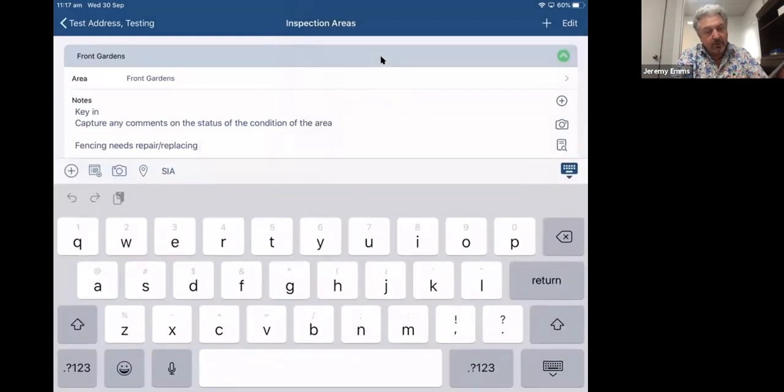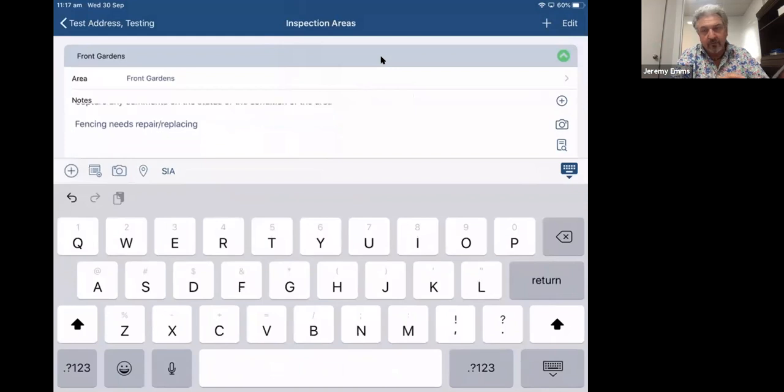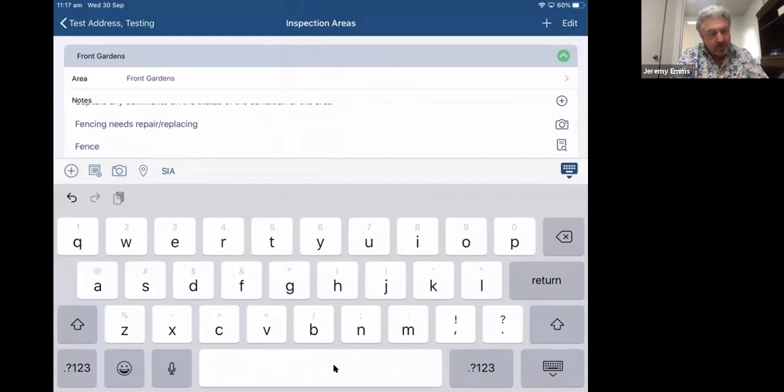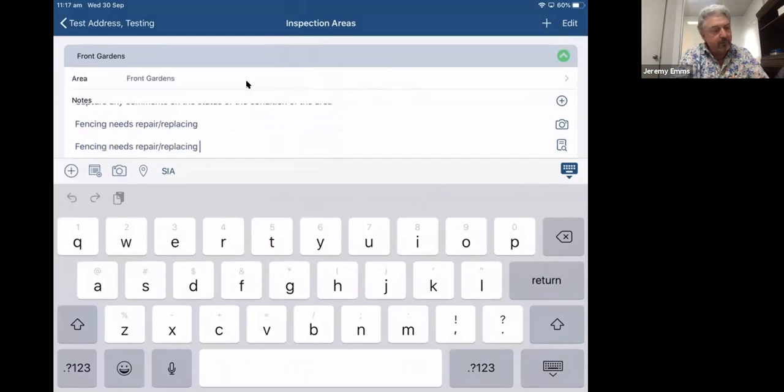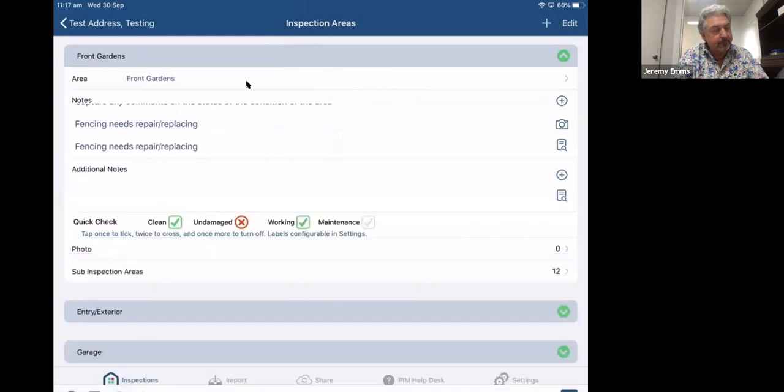The other way of doing it though, is if you know the abbreviation associated with the phrase, you can key in the abbreviation. I know this one is fence. Press the space bar. The phrase appears above, you can touch it and drop it in. And one of the things that you can also do with Pim now is if you capture something once, so say for example, I'm just going to go into here.